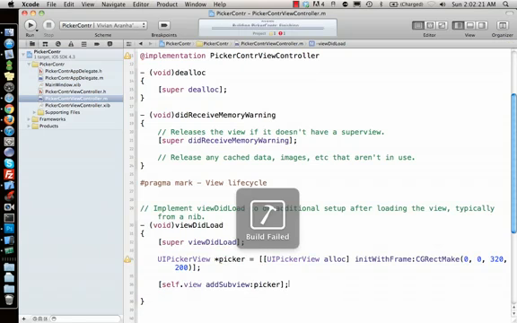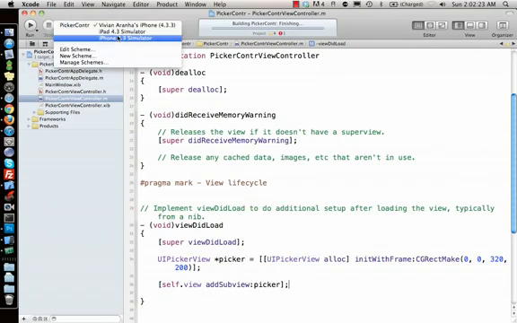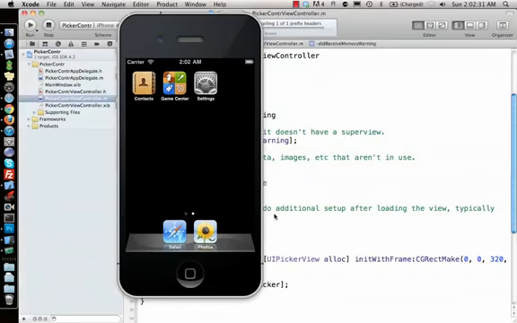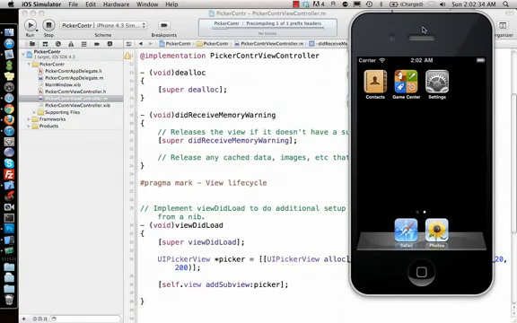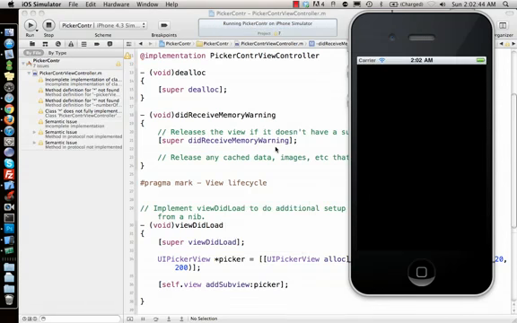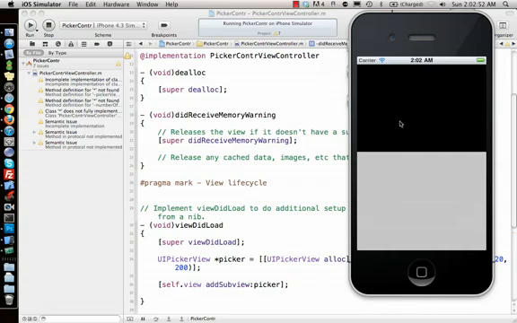If I just do that and run it, it will fail because the simulator is not selected. So I'll just run it with the simulator, and the application loads up and builds. It has a bunch of warnings because we have not yet implemented any of those delegate or data source methods. Let's see how it looks first. As soon as I add the picker, it will show a black spot at the top, which is the UIPickerView. Since I didn't put anything in there, it's kind of blank.